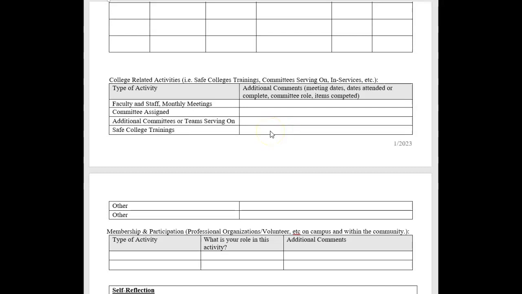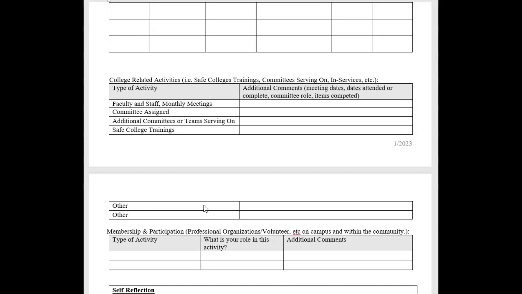The Safe Colleges training that we're mandated to do every year, the FERPA training, the Safe Workplace trainings, all of those, you can include those here, a list of those with the dates that you've completed them. And then if there are any other in-service activities or college-based professional development activities.